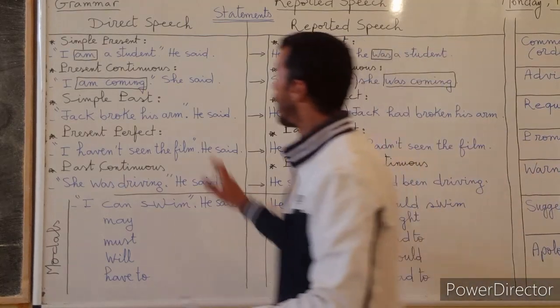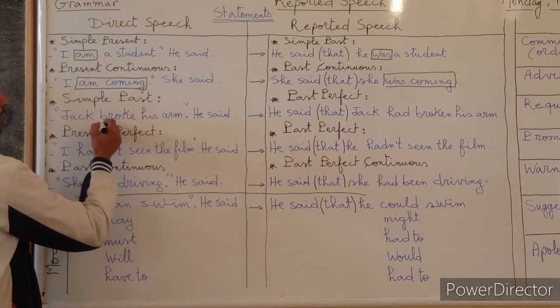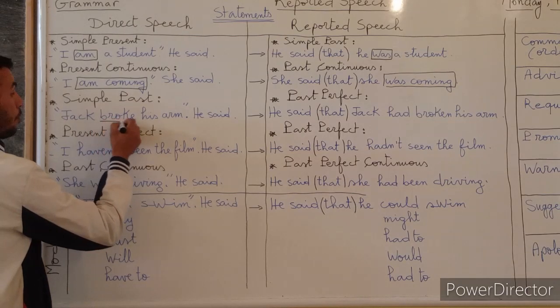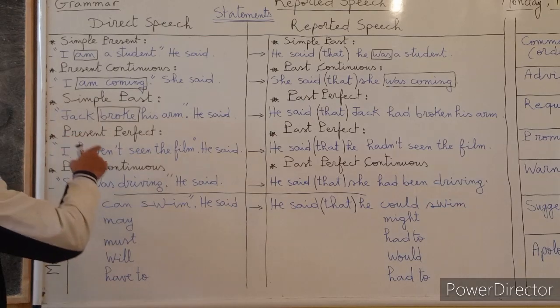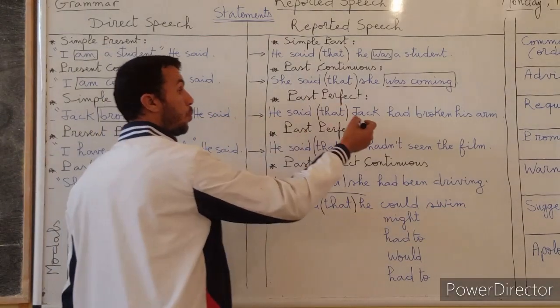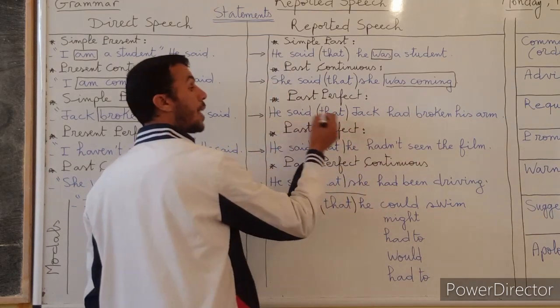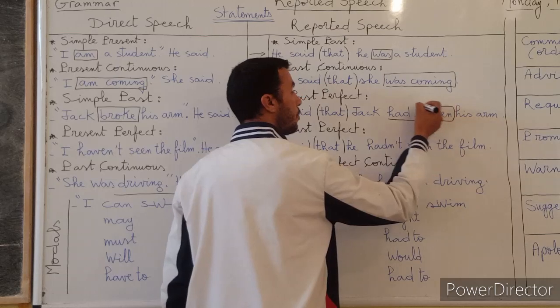Simple past. Jack broke his arm. So the verb here is broke, in the simple past. And simple past in direct speech becomes past perfect in the reported speech. He said that Jack had broken